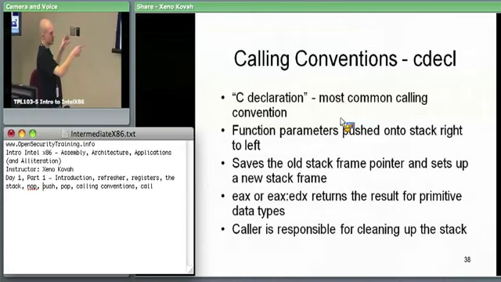With CDECL convention, you push things from right to left. So you would push the address of my var, or the value in my var, onto the stack, and you'd push the address of the string %d, and then you would call the function. So you push them right to left, and then you call the function. In CDECL,